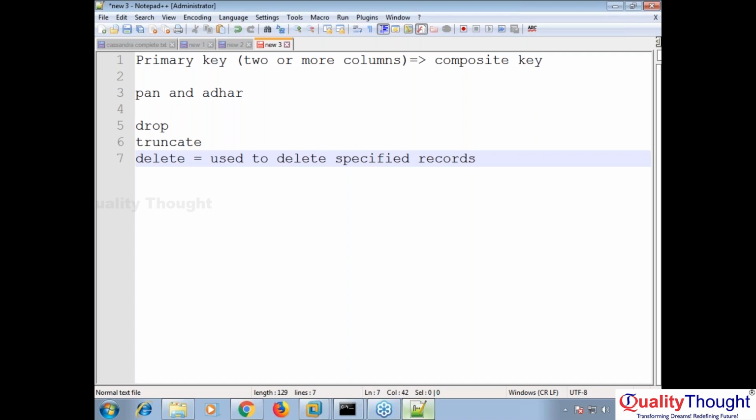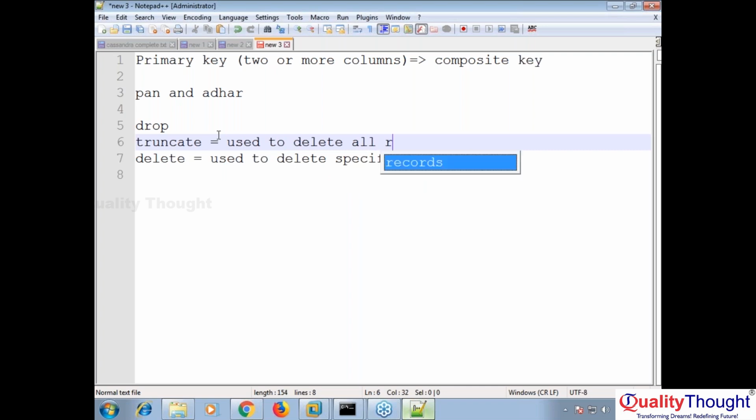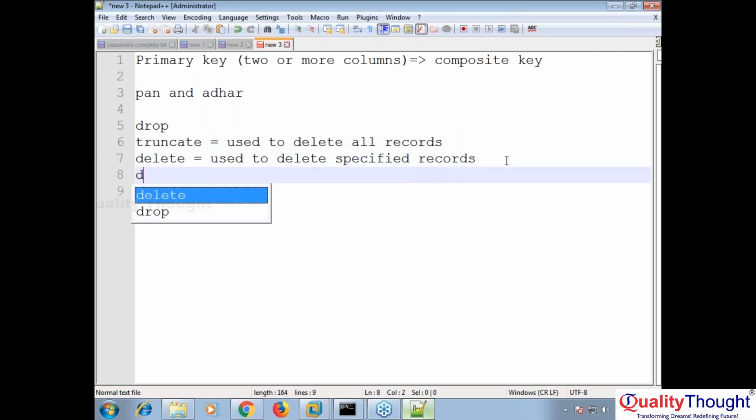Specified records. Truncate is used to delete all records. All records. So they may ask questions like the difference between truncate